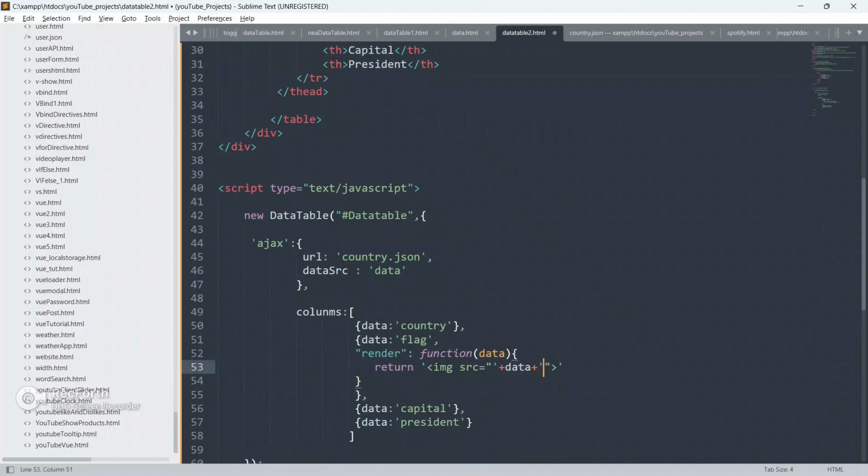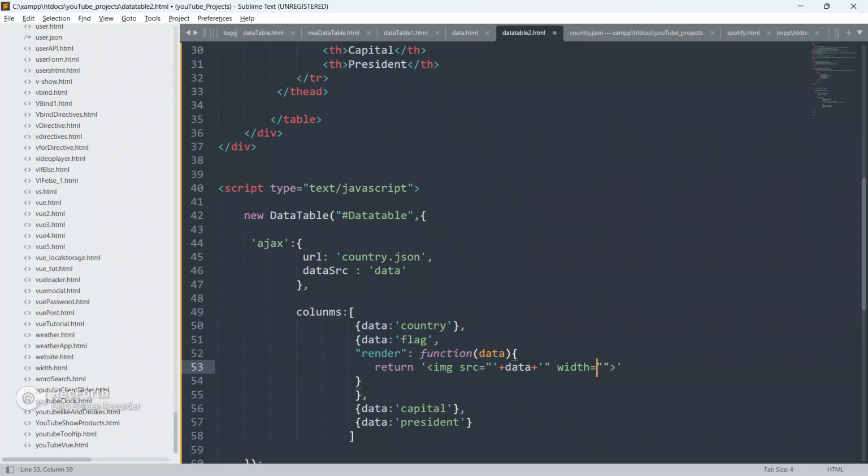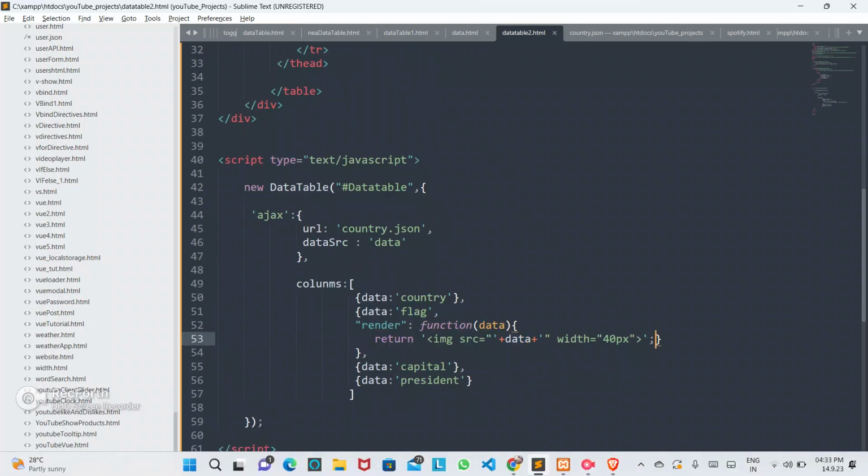I will display this data here and give the width also as 40px, and close this.